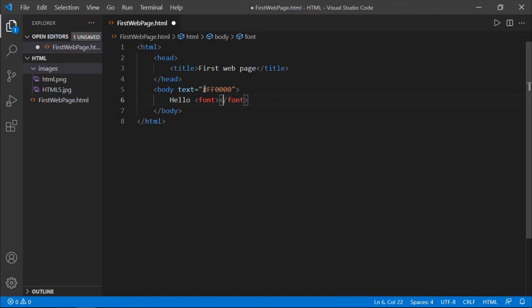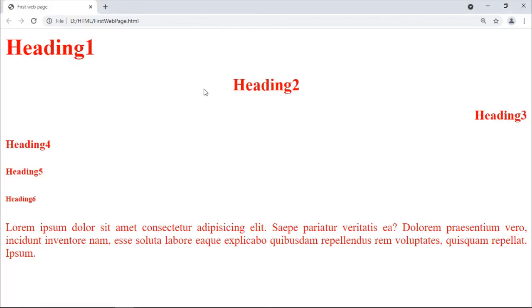If you simply place the word in a font tag, it doesn't change the color, so you have to use an attribute, the color attribute. The value of the color attribute is either a color name or a color code. Here I would like to display the word in blue color, so I use blue here.